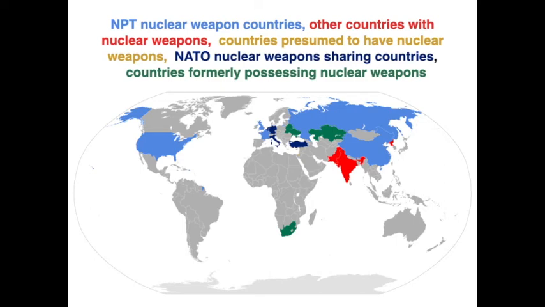So if countries agree to not make their own nuclear weapons, all the gray countries, the idea is they're going to get some help from the light blue countries, economically, maybe politically, military help, so that they don't need to have weapons. The red are also countries that have weapons, but they haven't signed up for that non-proliferation agreement. Yellow is Israel, presumed to have weapons, and then the dark blue are countries that we have placed nuclear weapons in. So, for example, Italy, Turkey,